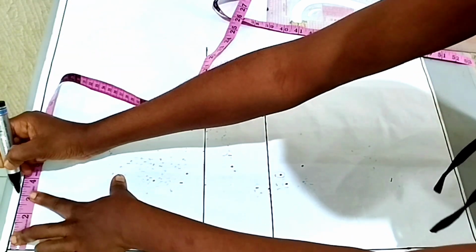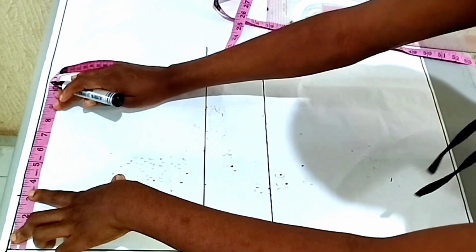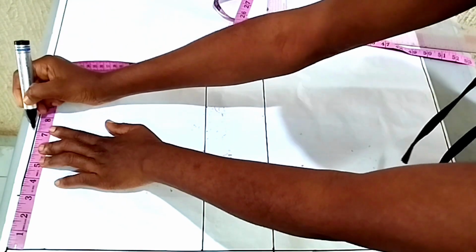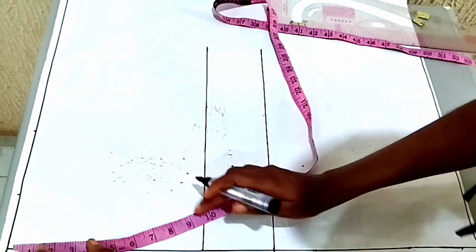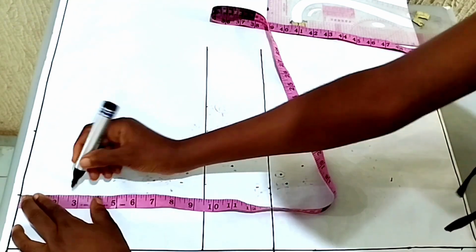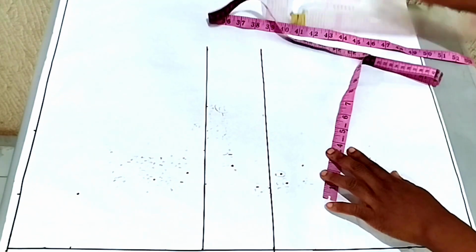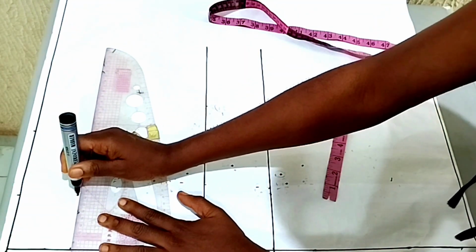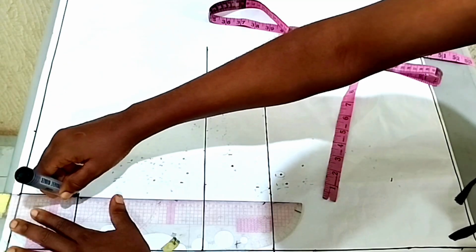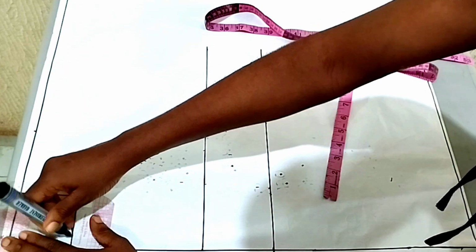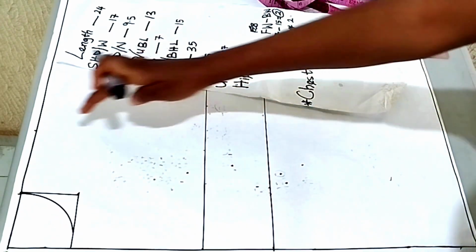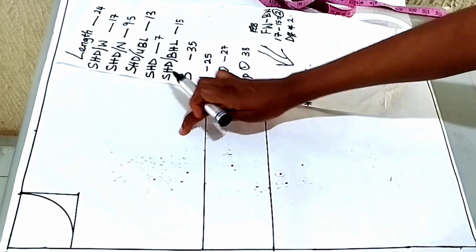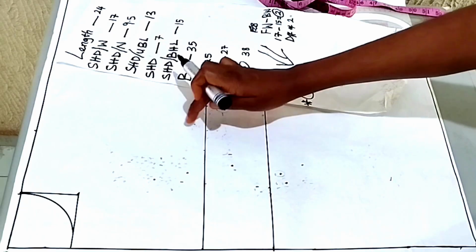So guys, I am also taking my neckline. I'll be using neck depth and neck width of 3 by 3 inches, and then my shoulder, which is 7 inches, because your shoulder will be divided into 2, just the way you are seeing. So now I am crafting out my neckline, and then this is my shoulder line. And then here, for us to get our chest line,